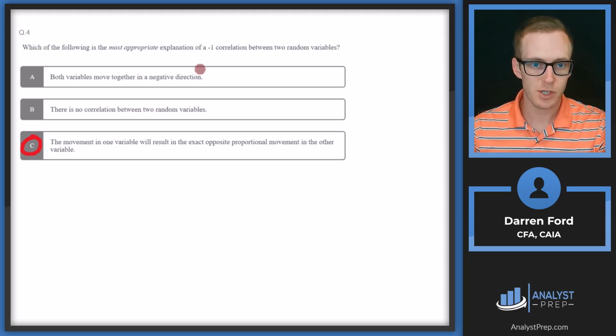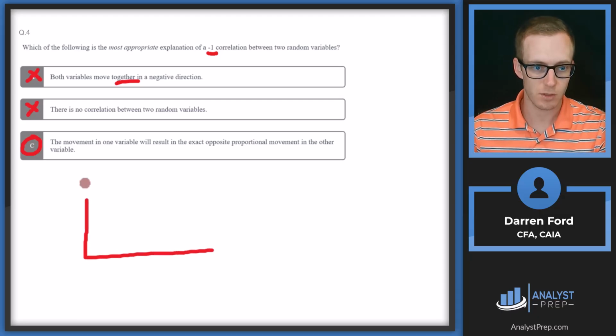If there was no correlation, the correlation would be 0. And if both variables moved together, even if it was in a negative direction, the correlation would be 1. So we can rule those out for that reason. A -1 implies that we're moving in the exact opposite direction. So if we had,